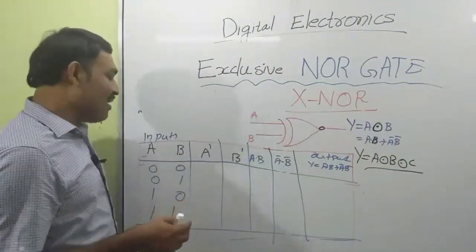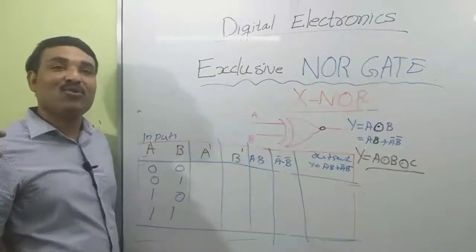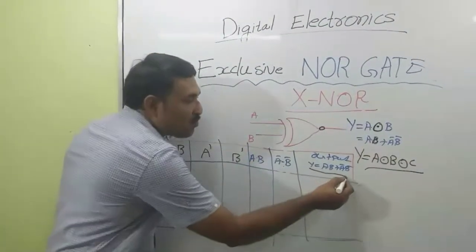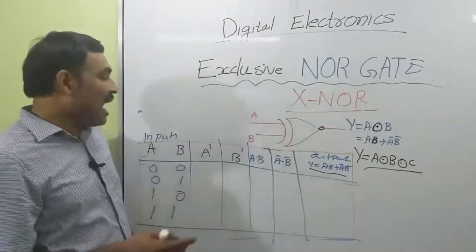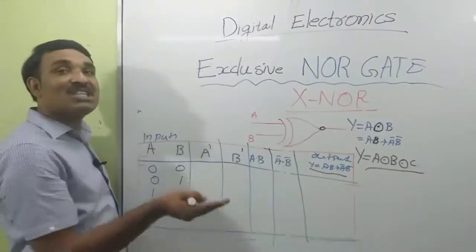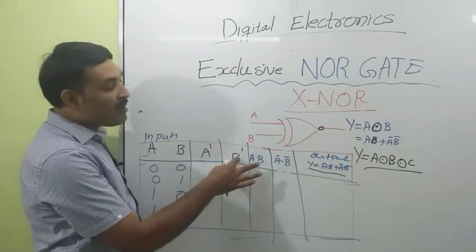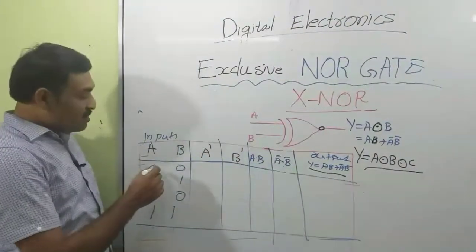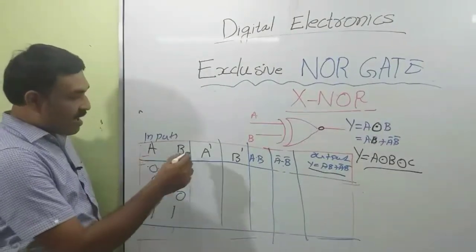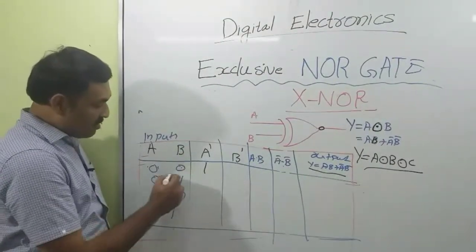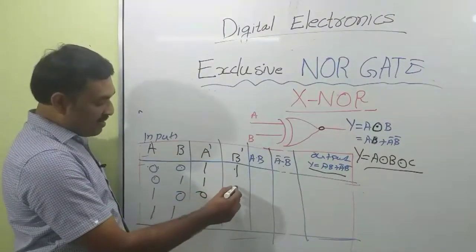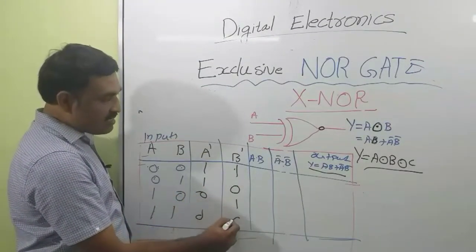So now we can draw the truth table for this. This will represent 2 inputs A and B. This is our output. For better analysis, I have added 4 more additional columns: A complement, B complement, A dot B, A complement dot B complement. Okay. Now 0 0, so this is A. I am writing A complement: 1 1 0 0. For B complement: 1 0 1 0.